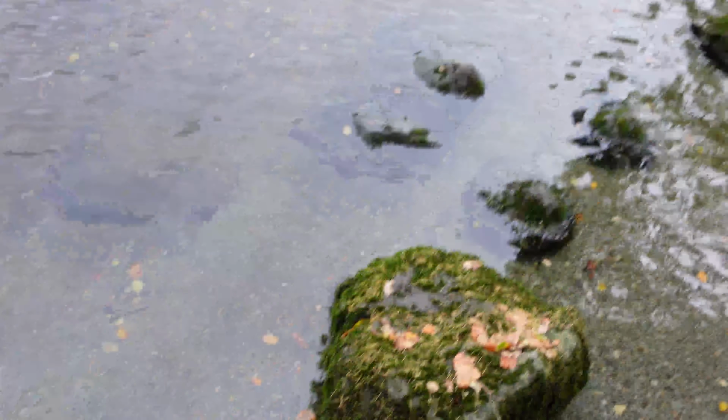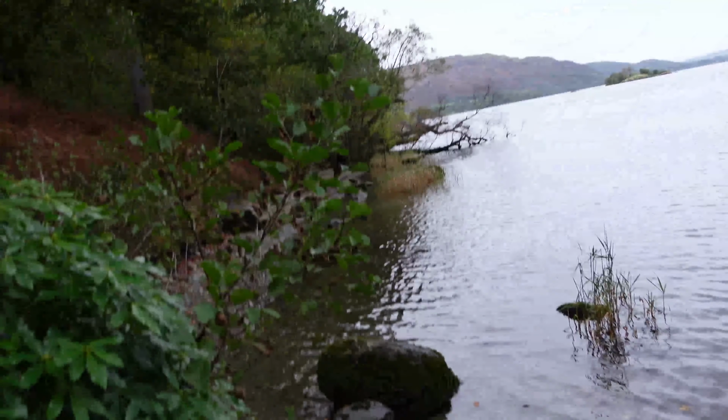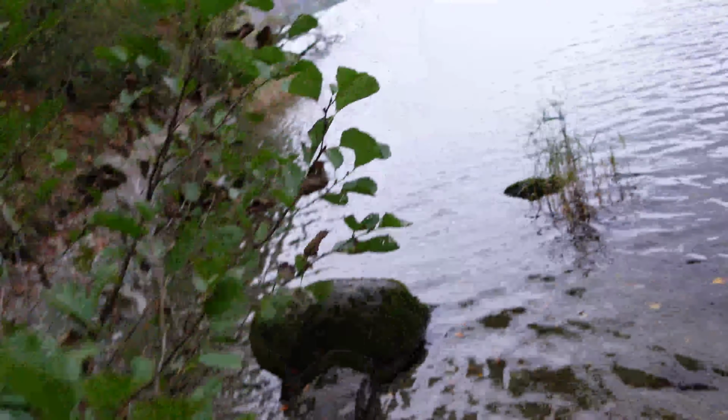So I'm just going to walk along the shoreline a bit further. I can see there's some reeds of grass there. I'm just going to see if anything really jumps out. And if it does, I'll stop and set up the camera. Now, this